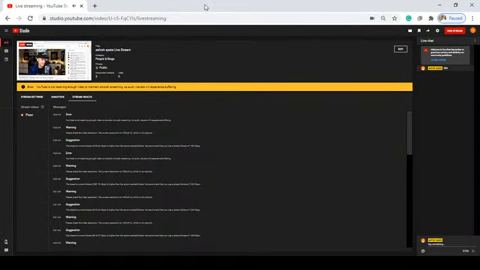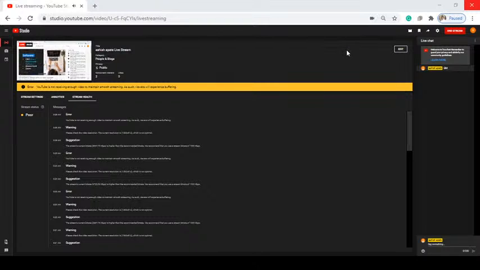There's some free software if you've got just your webcam and your laptop, like Open